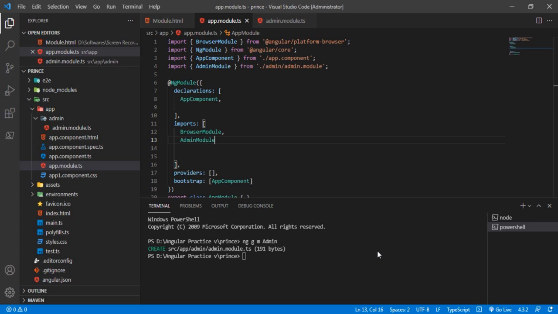Like we can write ng generate c for component, and inside this I will write our child module name like admin, after that slash, and I will create a child component inside the child module, like admin list is our child component. Okay, after that press enter.